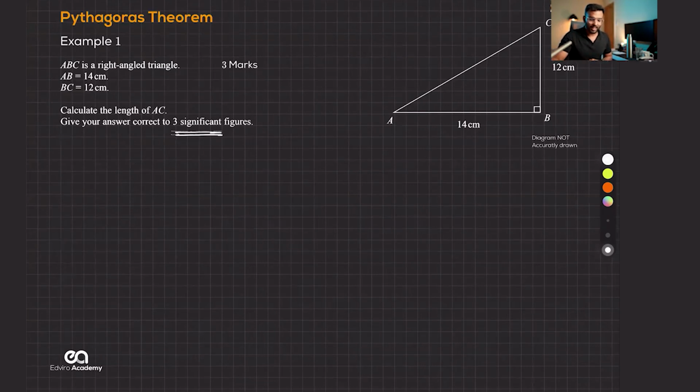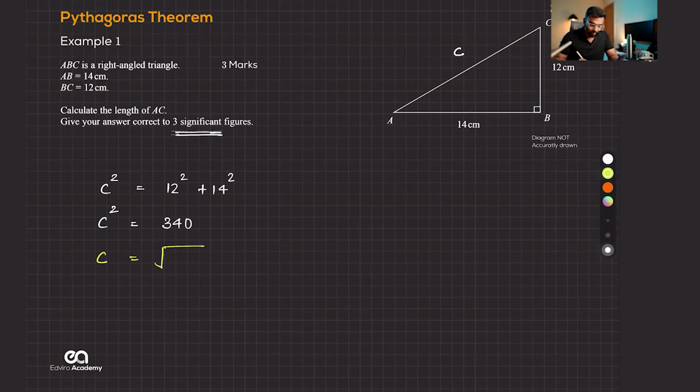So here we know it's a right angle triangle. If this is side C, could I write C square equals 12 square plus 14 square? Yeah, Darren, very good. And C is equal to, we need this step. C square equals 12 square plus 14 square, this is 340. And there is one step for those of you who want to understand it. We are writing C is equal to square root of 340. The step which I've written in green, you don't need to write it. You can put it in your calculator. It's up to you guys.